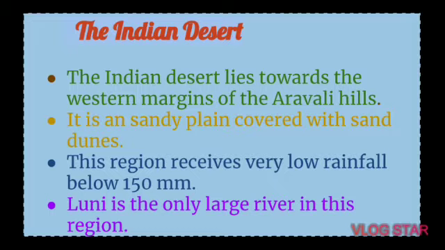So when we talk about the desert, the area is covered by sand and the climatic condition is very hard. The day is very hot and the night is very cold. The rainfall is very limited. Annually we can find a rainfall of 150 millimeter, and vegetation is very less because of the harsh climate, and we can find the sand dunes. In the Indian desert we have the Luni river. It is also a partial river.